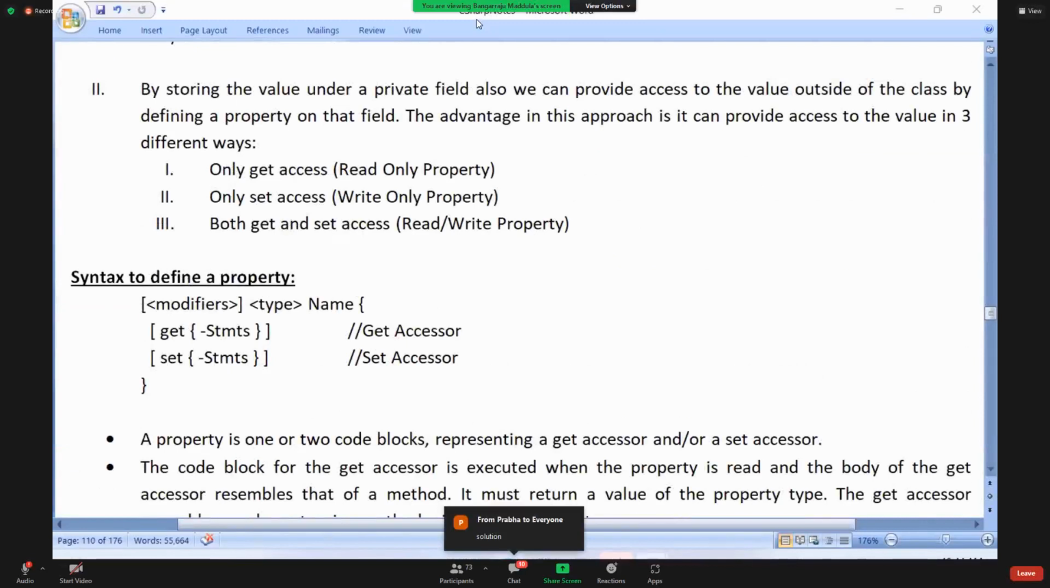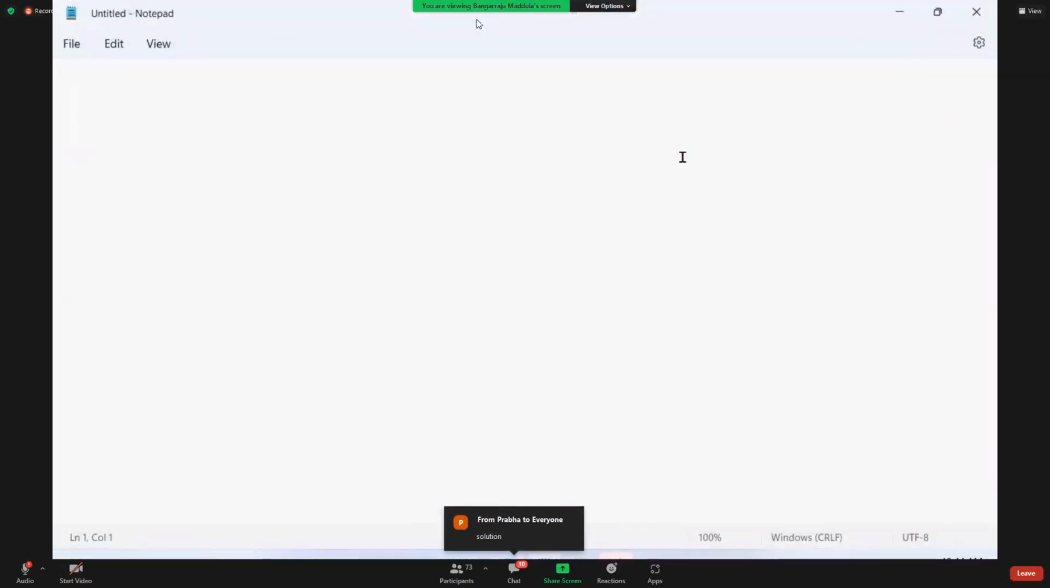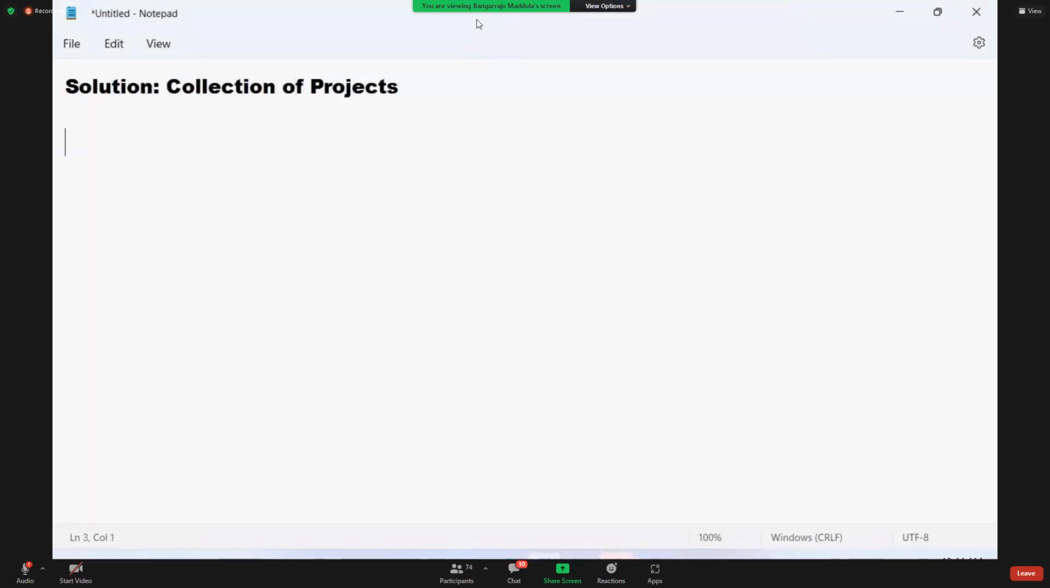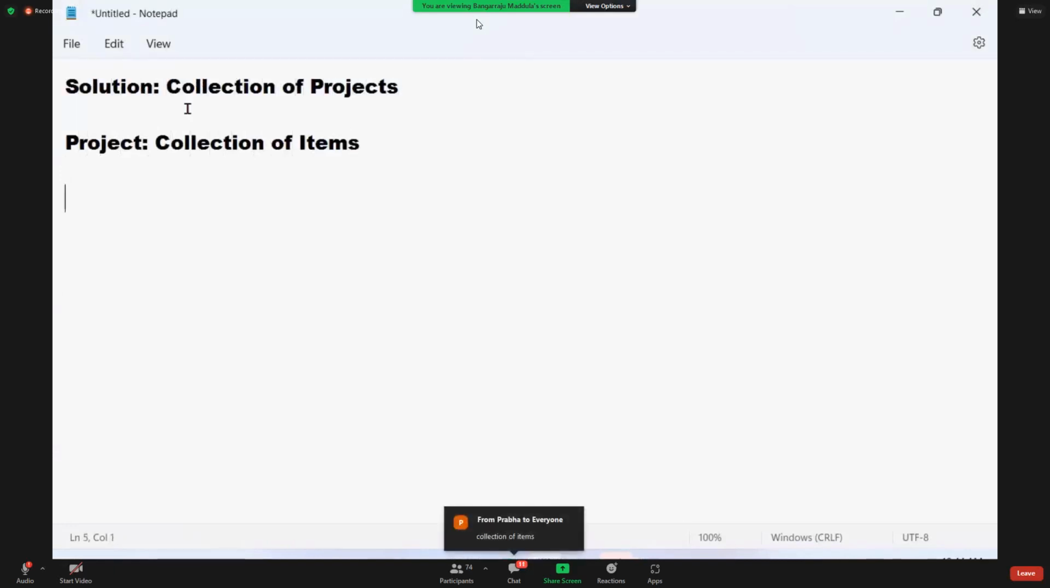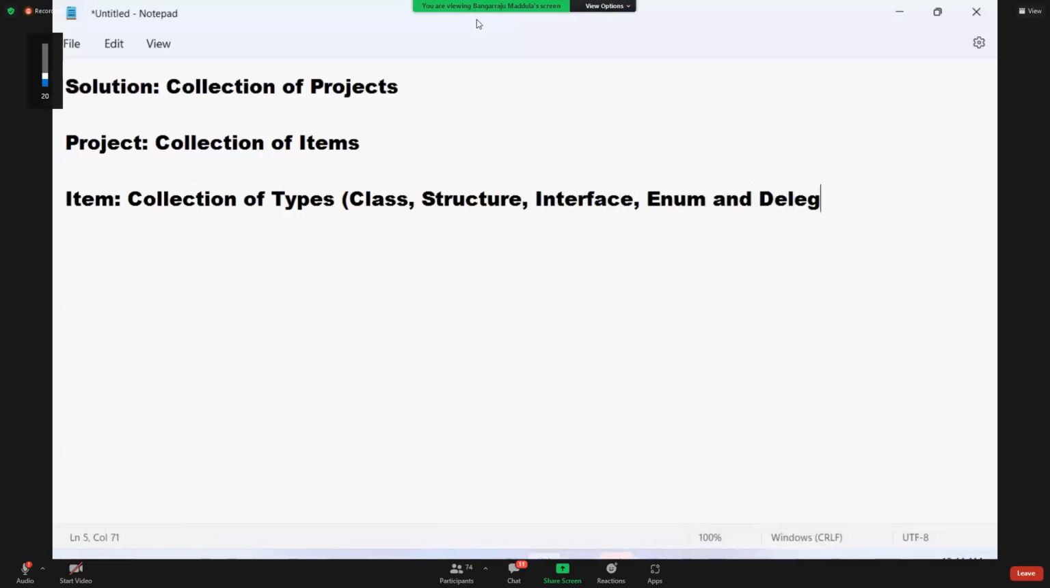So what we call a solution, and under the solution, what do we have? Projects. So basically, this is a root element. What is the root element? Solution. What is the solution? Collection of projects. What's a project? Collection of items. What's an item? Collection of types, where types can be class, structure, interface, enum, and delegate. And a type is going to be a collection of